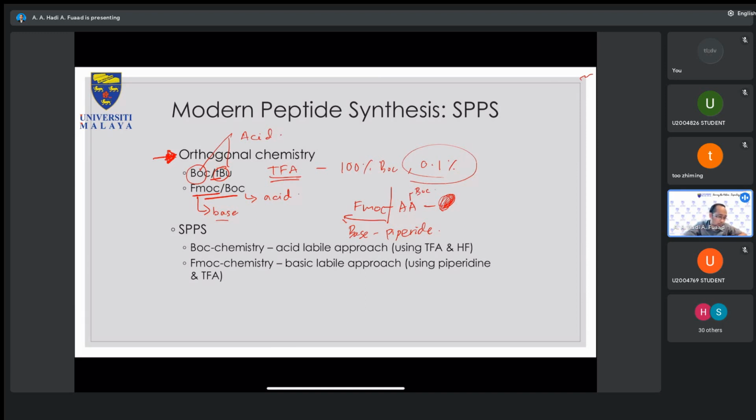And towards the end of the day, of course, the linkers for both chemistries are different. There are so many types of linkers. There are even so many types of solid support, not just polystyrene. But I'm just going to skip that. We're not going to cover it since it's not really critical. It's enough for you to know how you actually synthesize peptide in the lab.